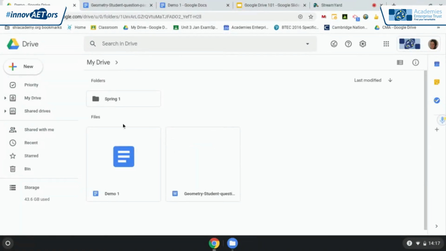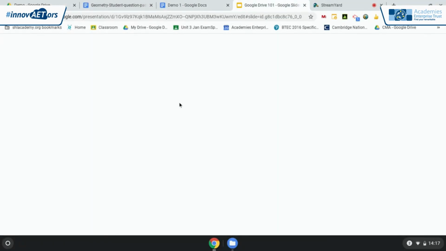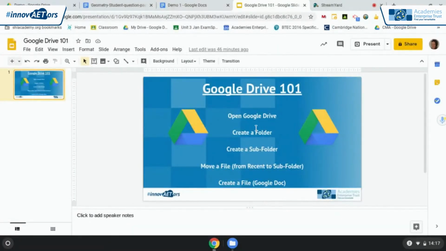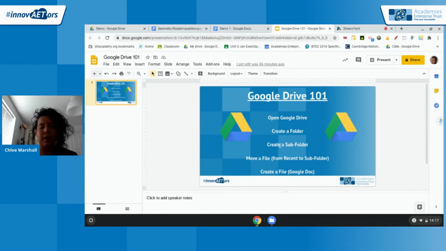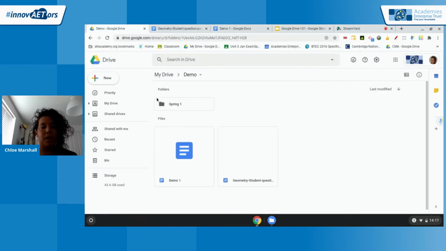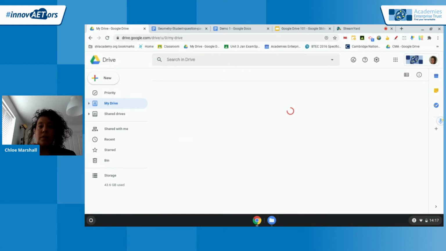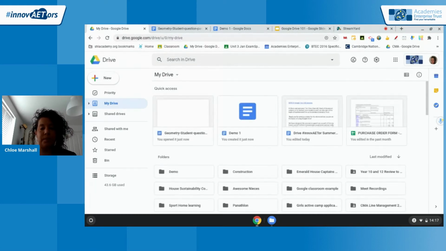Okay, so that's just a couple of the basics there. So we've looked at so far, we've looked at how to obviously open the Google Drive. We've looked at how we create a folder from the main screen, then how we create a subfolder. And we've had a look at how we move the files around in there as well. I'll just quickly show you, before we have a look at the different document options,